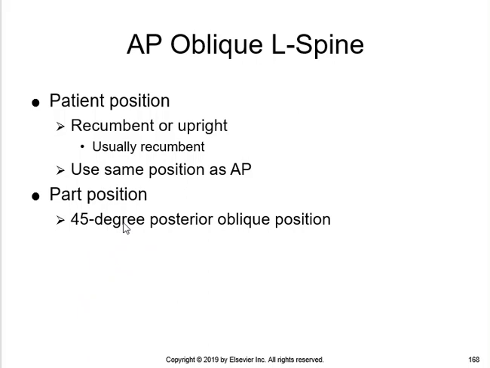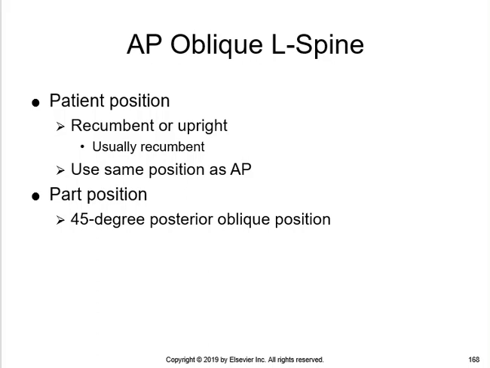So rotate the patient 45 degrees, posterior oblique position. Now some textbooks will tell you that you need to take a good patient history and position the patient more similar to the anatomy above or below, depending on which end of the anatomy the patient has some pain in. So I kind of stumbled through that, but here's what it means: